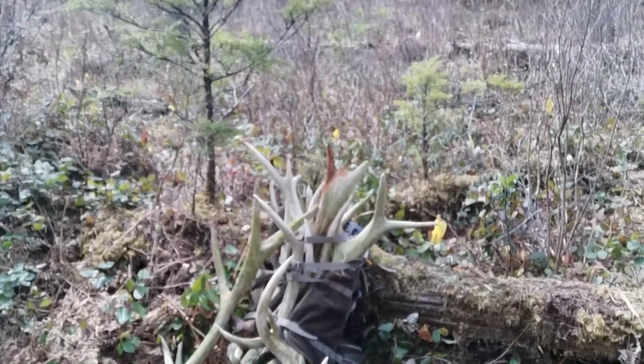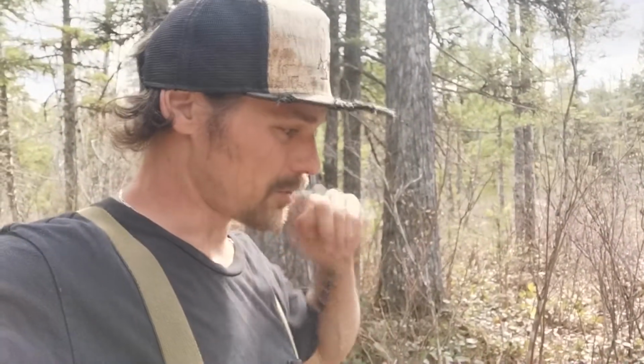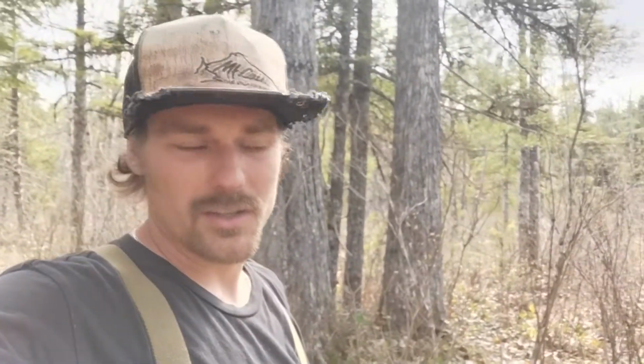I'm gonna leave the 5-point in here, but I'm gonna try and get everything else back because I can walk and drop my pack off and then walk back to my truck and come and pick it up because it's freaking heavy. A couple of the sheds are pretty waterlogged, but just thought I'd check in and say, hey,